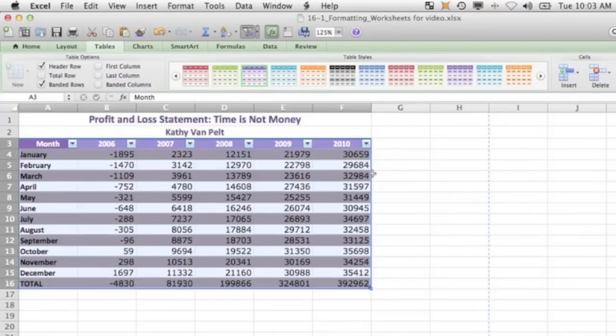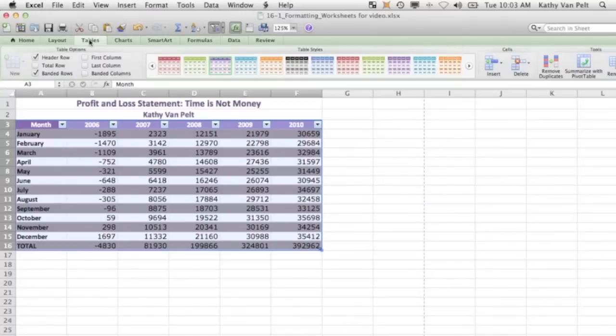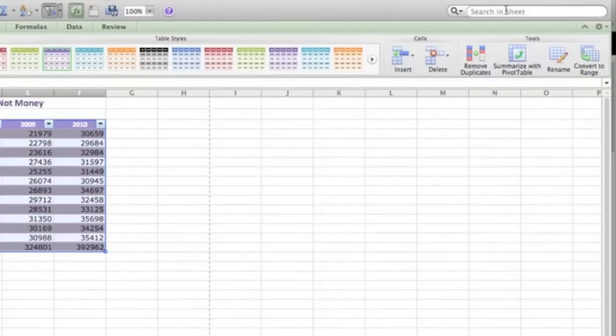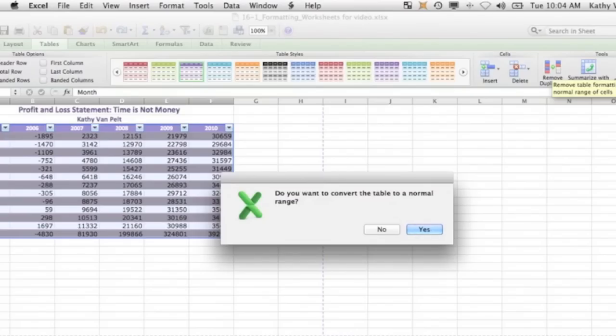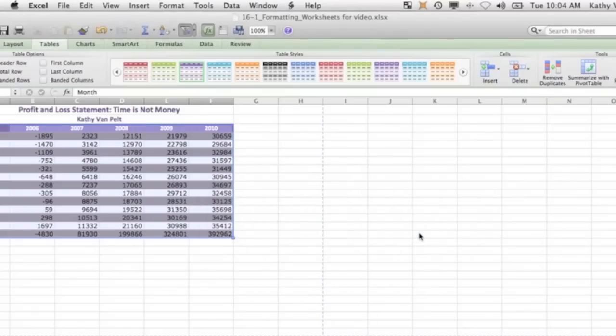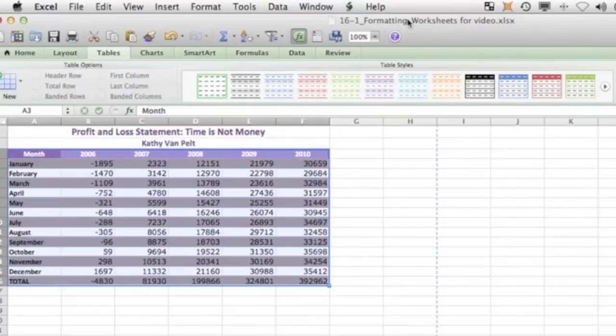Now I'm going to convert it back to a range, so it's no longer a table, but it will retain that formatting. On the Tables tab, at the end, you'll find the option to convert to range. It's right here. Excel will ask you to confirm, yes, I do want to convert this to a normal range. Next, step 16,